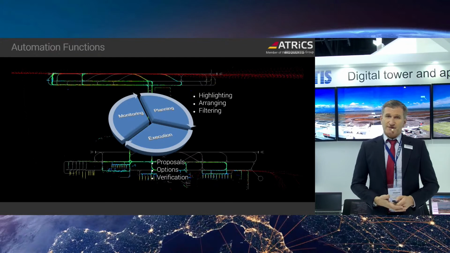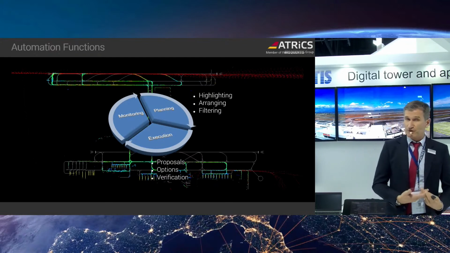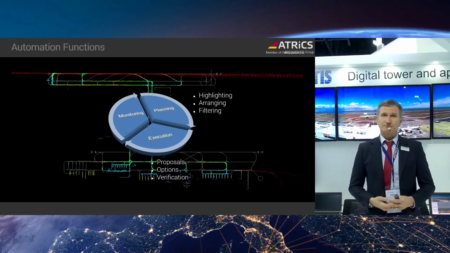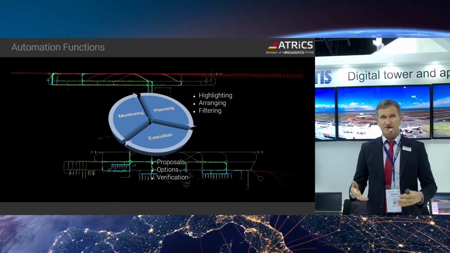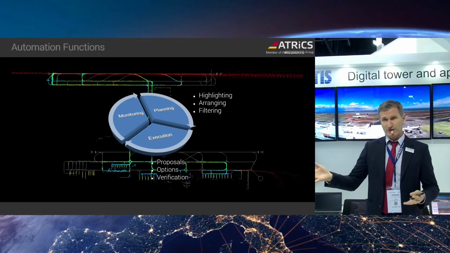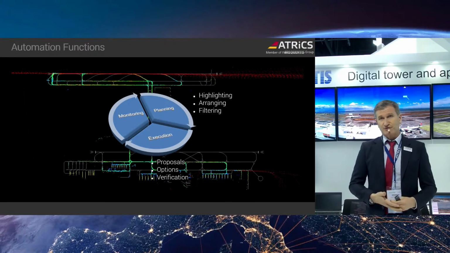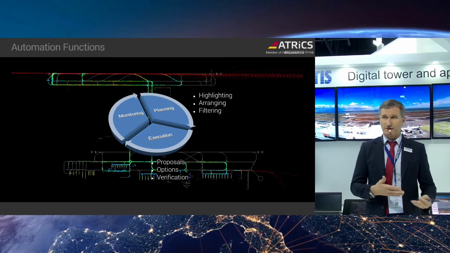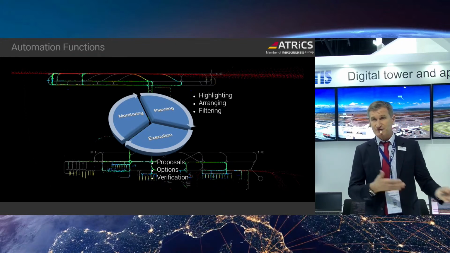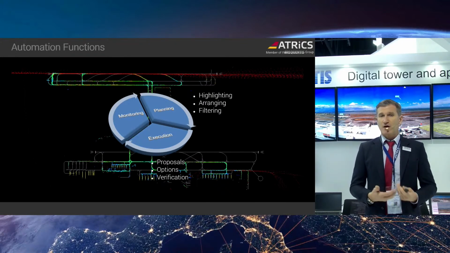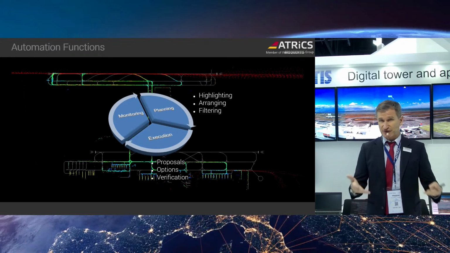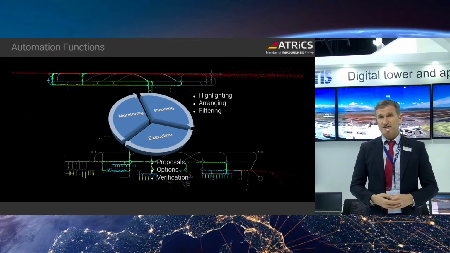On the execution side, we support the controller by giving proposals. For example, a taxi route: in this case, you have an A380 taxiing to the runway in use. Under these operating conditions, that is the preferred or standard taxi route. It could be different for a 777 or an A320 for that runway configuration, low-vis. So there are a couple of thousand different route combinations. To come up with the right proposal, taking into account the current traffic situation, restrictions like closed areas, and even opposite traffic, is very helpful.